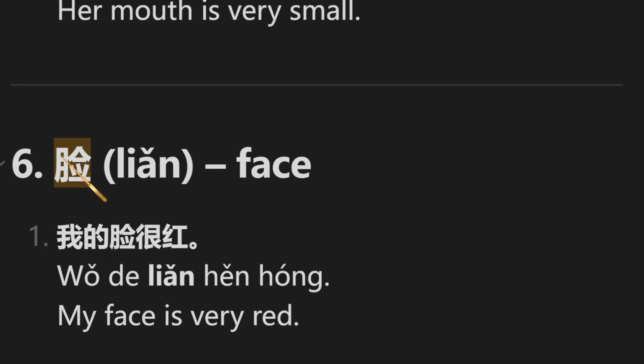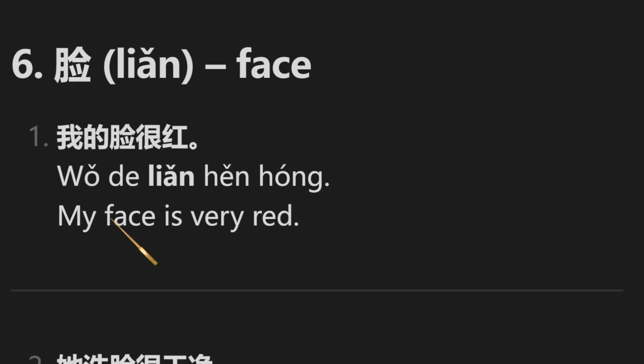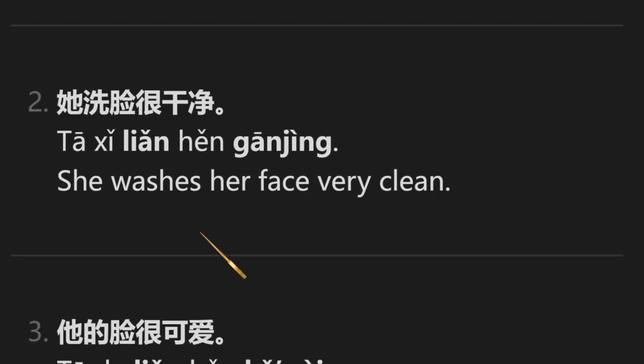脸 also on the left part, it's a character representing a part of the body or meat sometimes. Or meat, flesh, something like that. My face is very red. 我的脸很红。You cannot say 很红色 because it's not very red color. It's very red. So here we just use 红. But if you say 我的脸是红色的, 红 is just very red. 我的脸很红。Next one, she washes